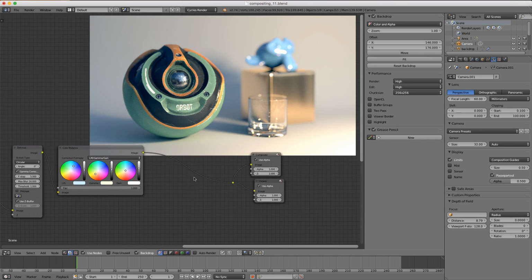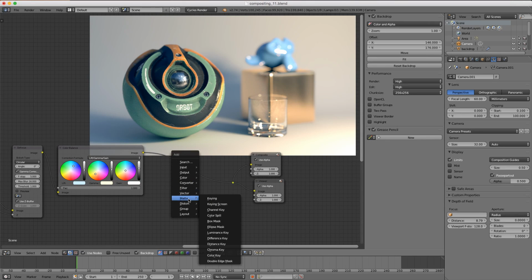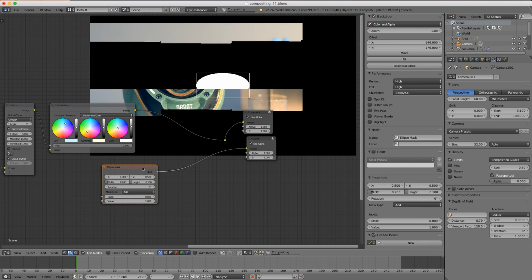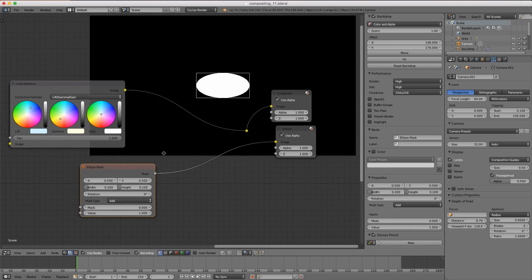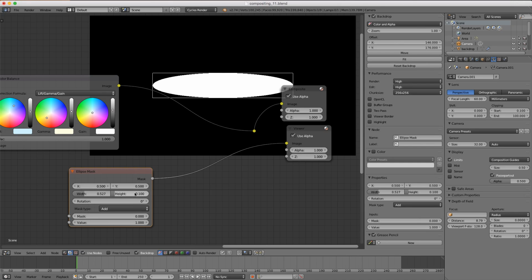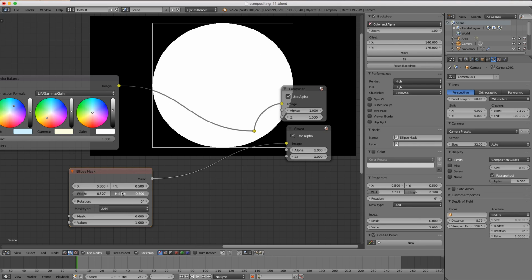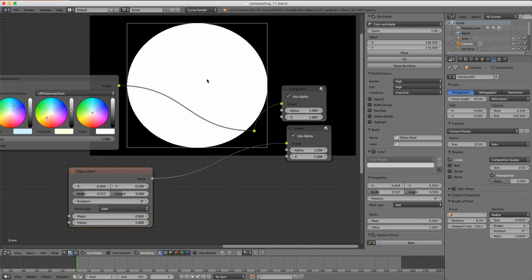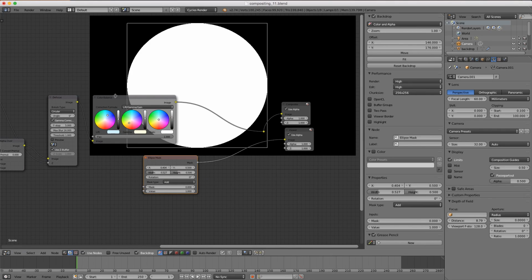And to achieve this, we want to add from the matte category an ellipse mask. So we'll plug that in to our viewer node with Shift-Control-Click. And you can see that it's basically a circle. We can adjust the size here in the node. I'll make this one fairly circular and maybe move it over to the left just a little bit because that's where my orb is and I want to draw attention to that orb so that it works with the defocus